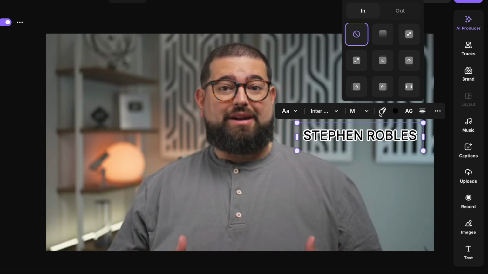And here under animation is where you'll see our new transition in and out for this overlay. Transitions include fades, zooming in or out, and sliding in from different directions, bottom, top, left, or right, or we can even have it pop on screen. Let's choose the pop animation, and then we can also choose how long we want this transition to appear. Let's go with 2 seconds, and for transition out, let's choose a fade, and we'll also set that at 2